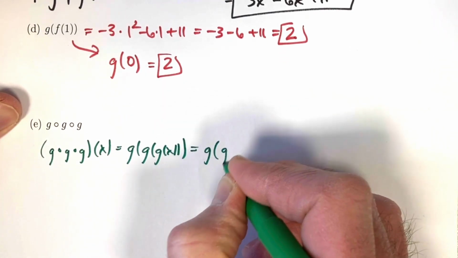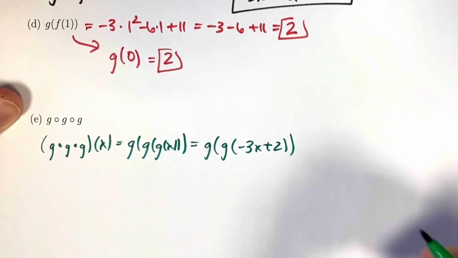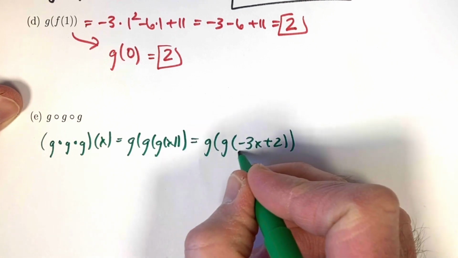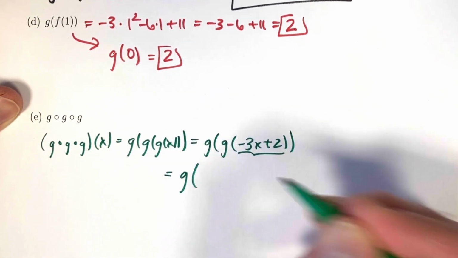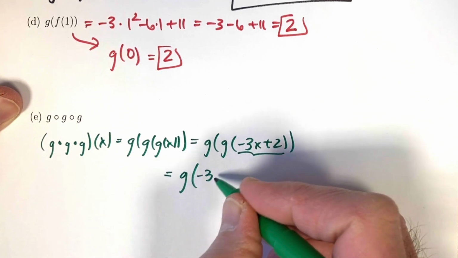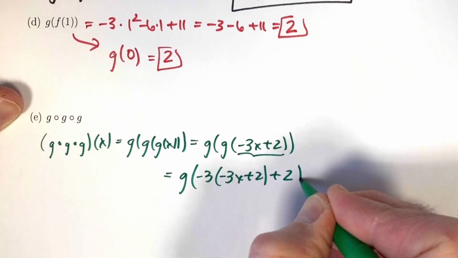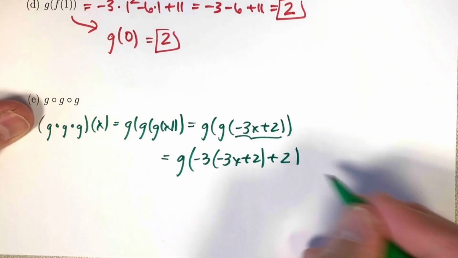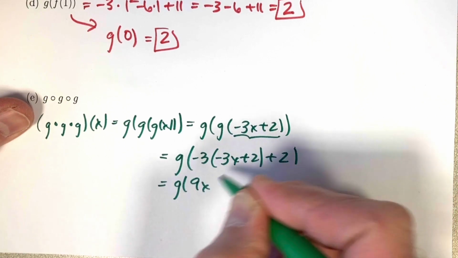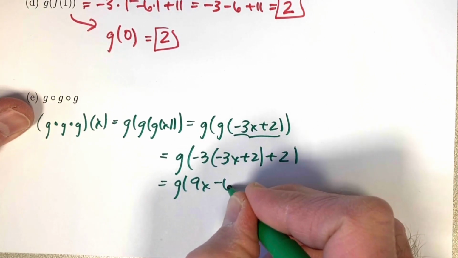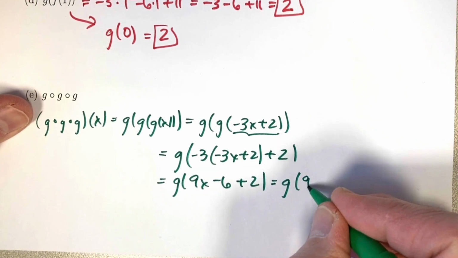Work from inside out. g of x is negative 3x plus 2. Then plug that expression into g itself. You can compose a function with itself. So I need to do negative 3 times that expression and then add 2. Before I do a final step, I should probably simplify this. Negative 3 times negative 3x is 9x. Negative 3 times 2 is minus 6, and then a plus 2, and then this simplifies to g of 9x